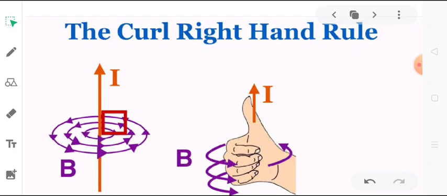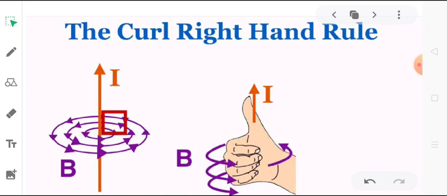But if we assume to hold a current carrying conductor in our right hand such that the thumb is pointing in the direction of current, then the direction in which the remaining fingers would get curled, that direction is going to be the direction of